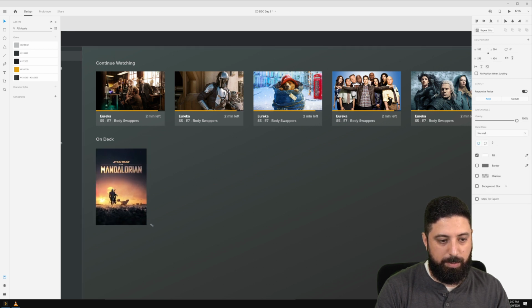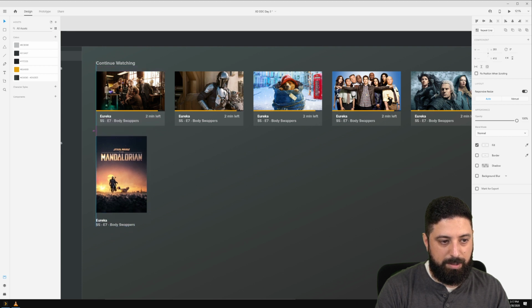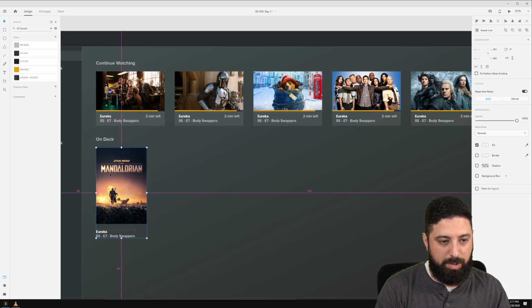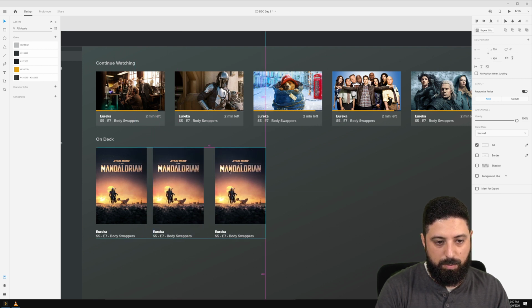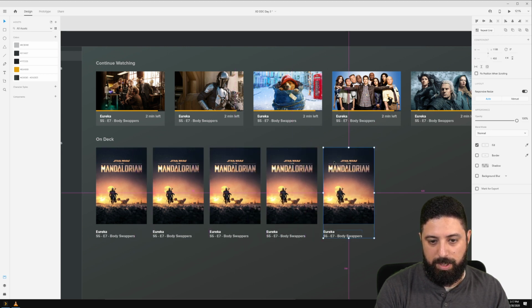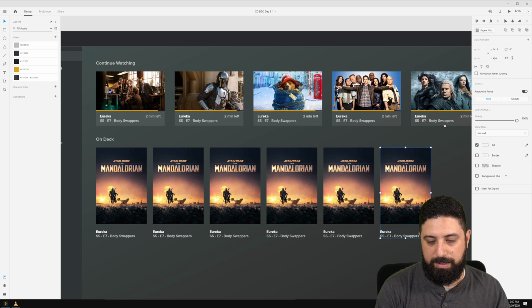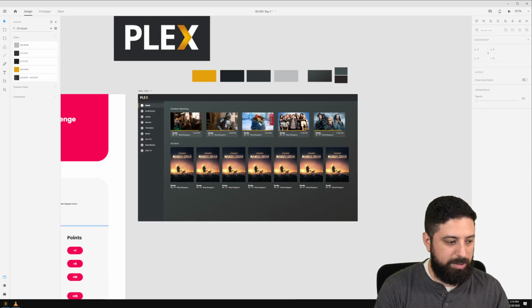So I want to make this a little bit bigger so that it can cover that. Great. And then once again, I'm just going to keep repeating these. And I can use repeat grid as well, just to make this nice and easy. All right, so we'll do something along those lines.